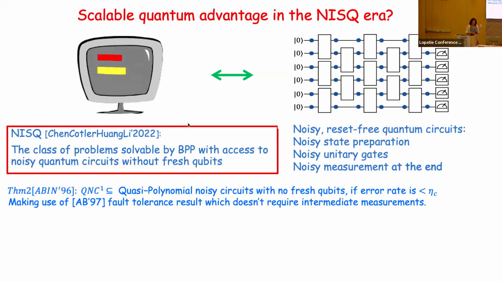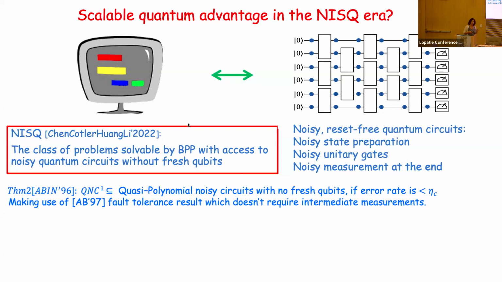So what can we say about this class? Turns out that we didn't know that, but for almost 3 years we've already known that in fact this class is very strong. So here are the 2 results that we already know. I'm just reminding you. First of all, in this system of noisy quantum computers with no fresh qubits, you can actually run any logarithmic depth quantum computation, as long as you give up one thing: it's not going to be polynomial size, it's going to be quasi-polynomial size. Okay, so why is that?